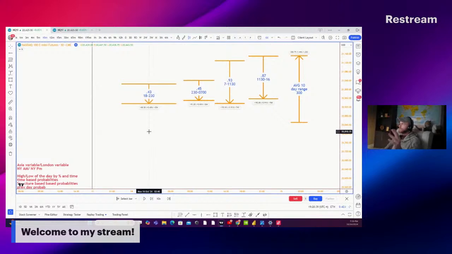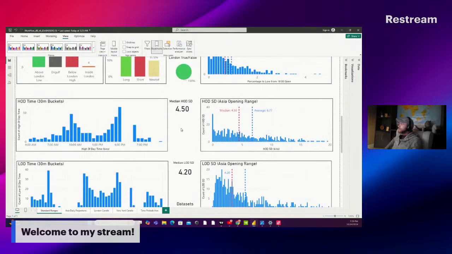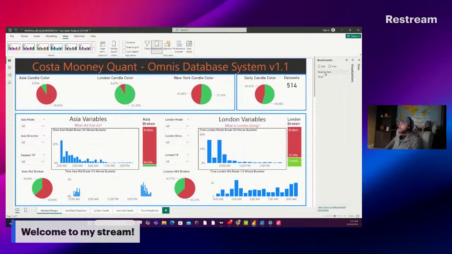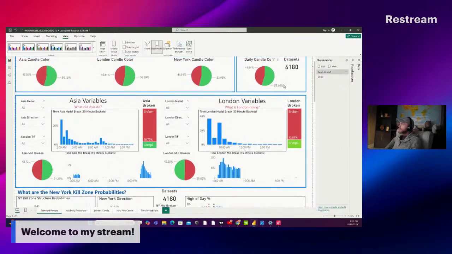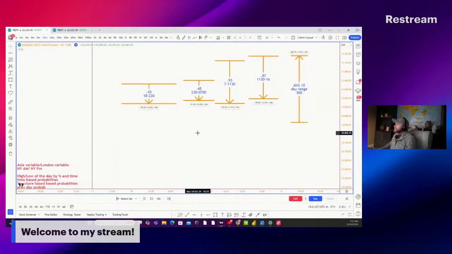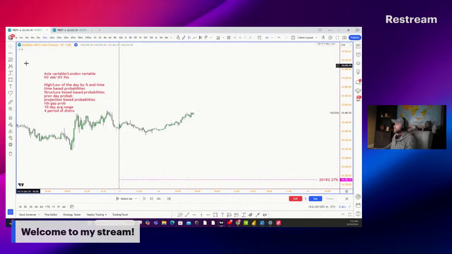So I spent the last 9 months doing the workflow that you see, and now my database is getting to the point where I can actually use it, right? So now we're going to start right here. Let me see. I need to go to bookmark right here and reset to start. And I'm going to start with 4,180 days, right? Right here, first step